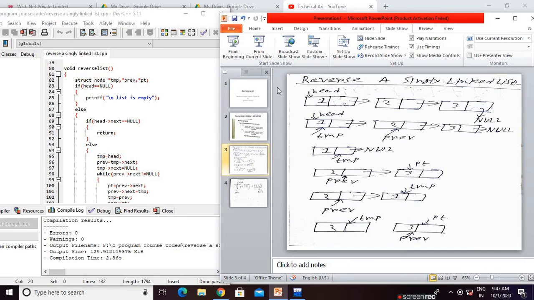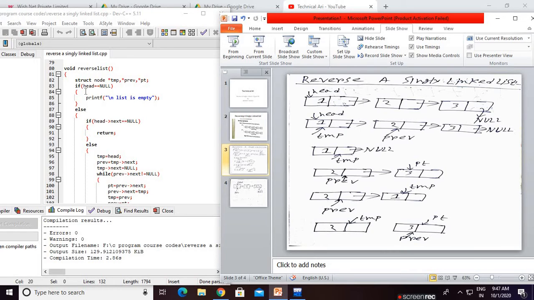Now this is an initial linked list. Obviously we all know that initially head is pointing to the first node. So our head pointer is storing the address. Though it is a pointer, here we are using head as a node. You can say it is a head node, but actually head is a pointer, a struct node type pointer, storing the address of the first node.